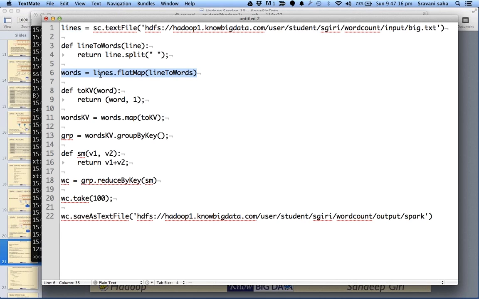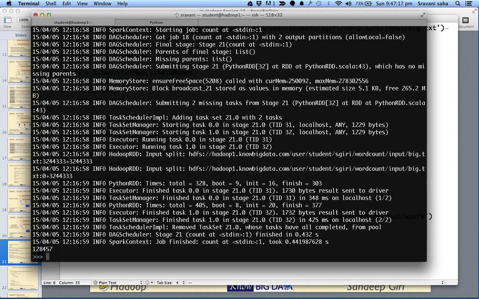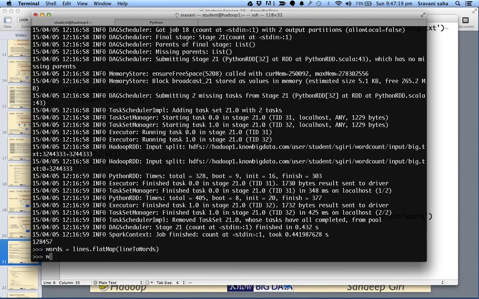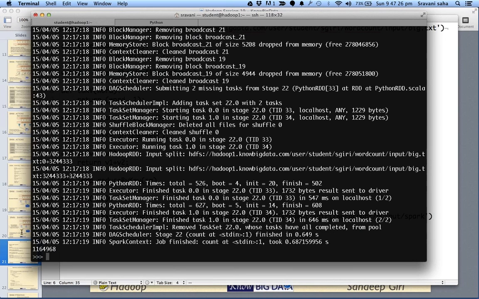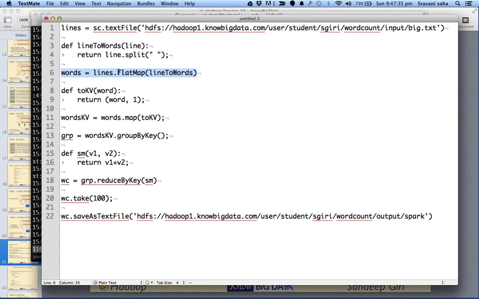And the moment we say flat map and then words dot count, there are about 1.1 million this time, because each line got converted into words. So the total number of elements is more after flat map.